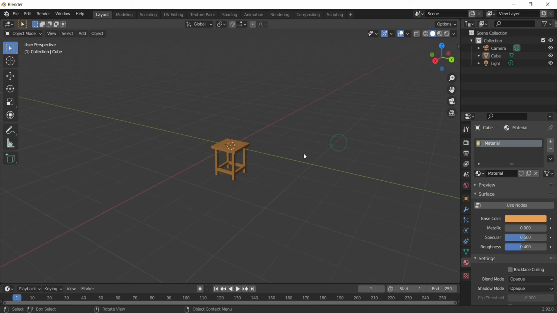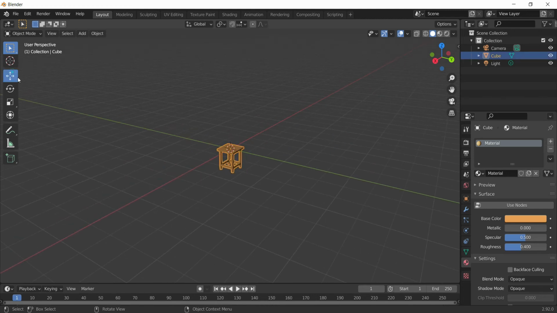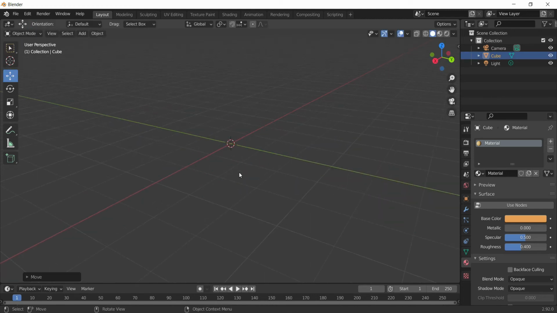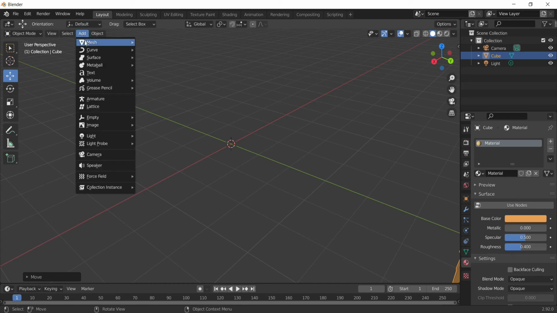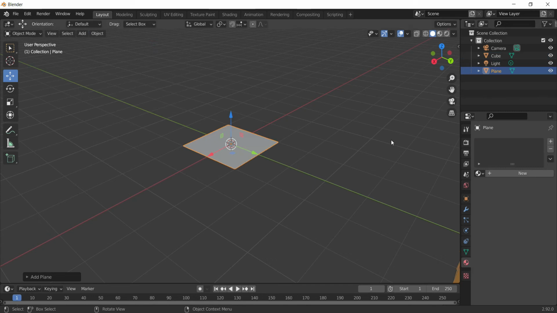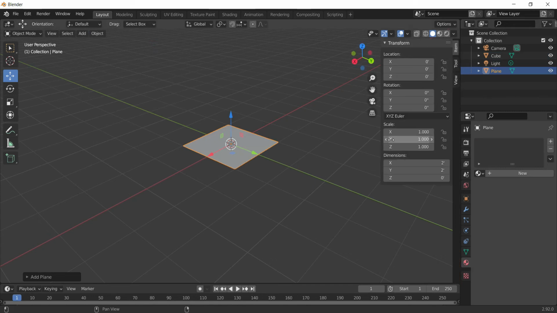Now moving ahead to the next model in this project, I need to create a chair. For that I will not proceed with the cube. Let's understand a new technique. What I will do is go to the add mesh menu and choose plane, and in the plane I will open the transform tab by pressing the N key, and I will set the dimension 1 feet by 1,